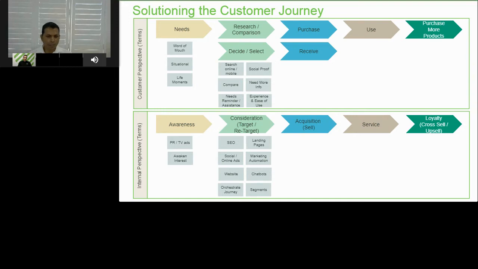Now, we hear a lot about orchestrated journeys and customer journeys. This orchestration of journeys has a huge notion in the marketing phase, the acquisition phase, and the post-acquisition phase as well. Today, I'm going to focus on this orchestrated journey in the acquisition phase, on marketing.